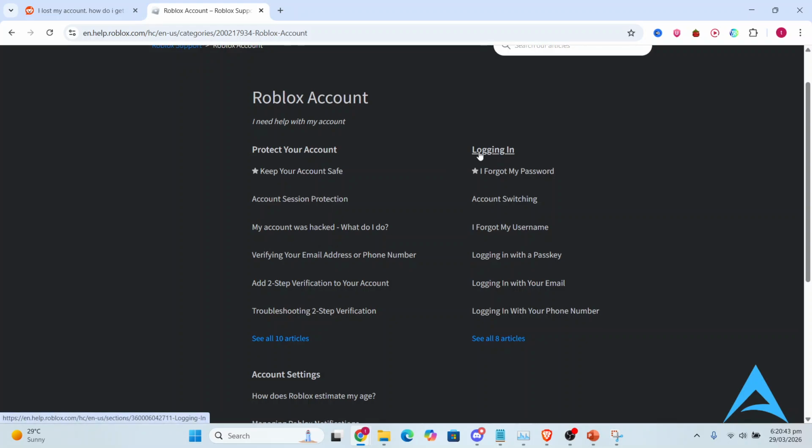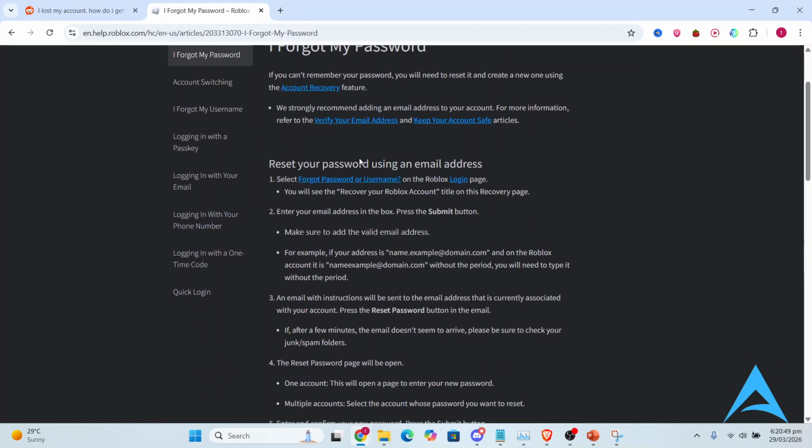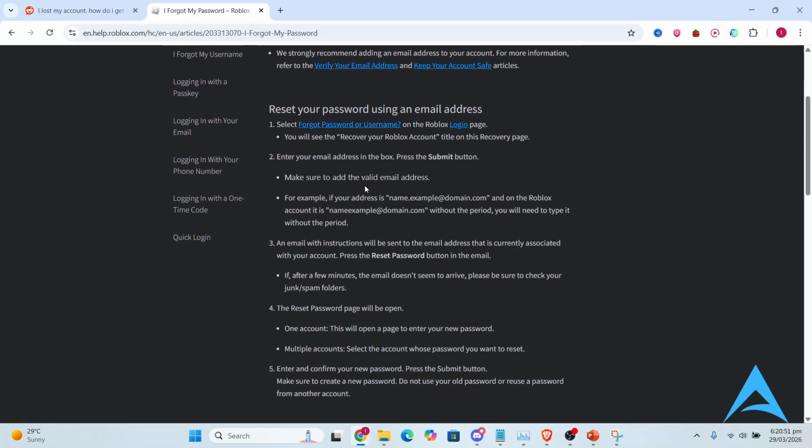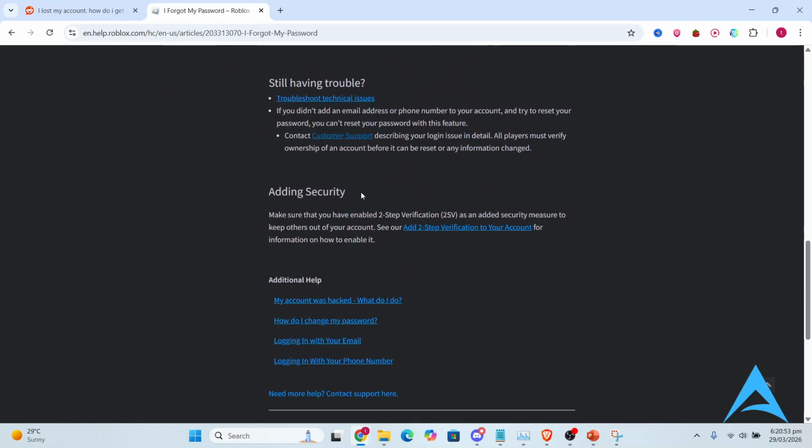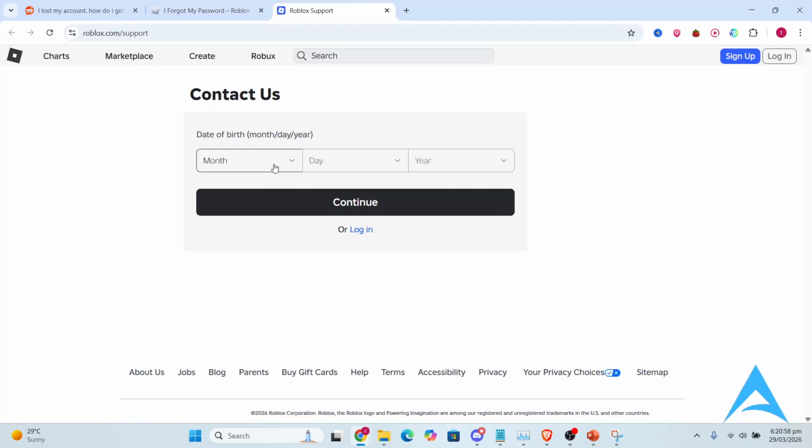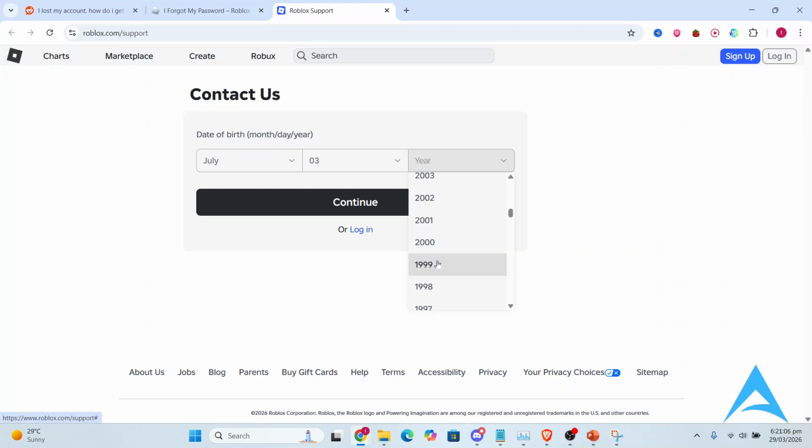Then I want you to come here to logging in, and I want you to choose this one right here. I forgot my password. And then what I need you to do is just go ahead and scroll down here. Click on this one, customer support. It'll open up a new tab and then just choose your birth date. So I'll go ahead and pick out our birth date right there, and then we'll go ahead and click on